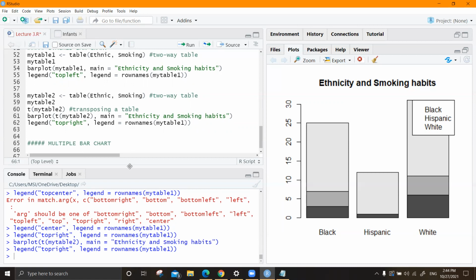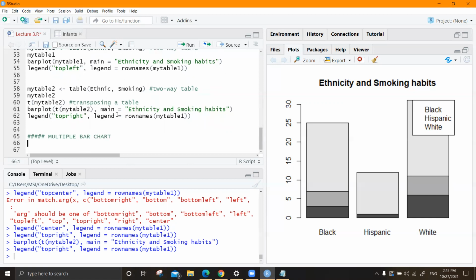Same concept. The thing is, you are not getting it as a stack, you are getting it side by side. For example, let's take the same example.